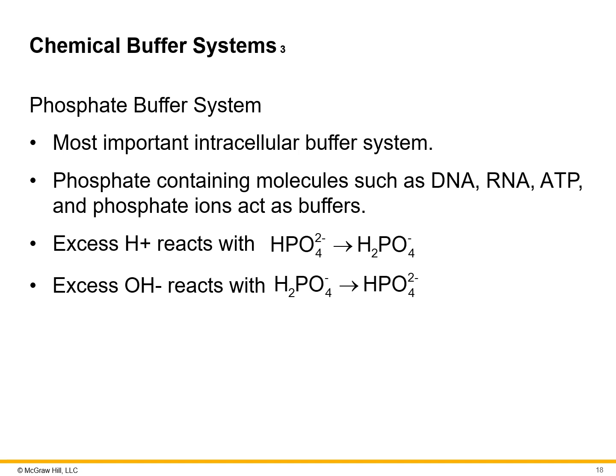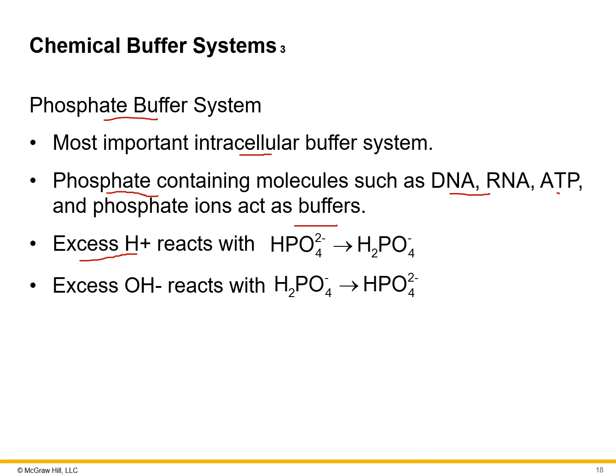Now another chemical buffer here is the phosphate buffer system. Again, most important for our intracellular buffer system, so regulating everything inside. So this is using phosphate, as the name implies. So those molecules like DNA and RNA, as well as ATP, which is why we need those phosphorus ions, are going to act as buffers, because what's going to happen is if there's excess hydrogen ions, it